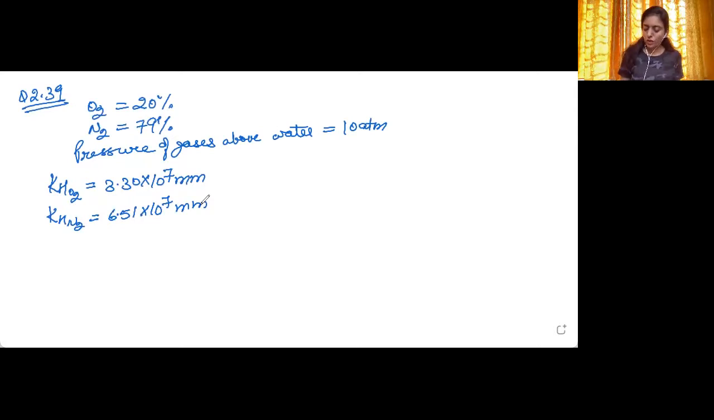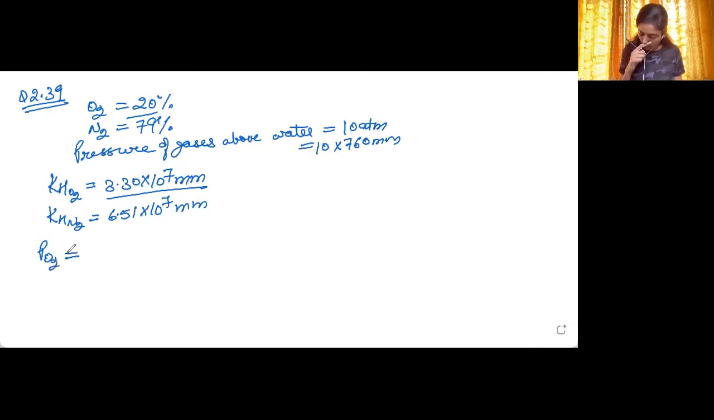First of all, we have been given the total vapor pressure to be equal to 10 atmosphere. Now, because KH has been given in millimeter of mercury, we need to convert this also into millimeter of mercury. So it will be 10 into 760 millimeter of mercury. So because oxygen is 20%, this means out of the total vapor pressure, 20% vapor pressure will be because of oxygen. Okay, so we can just write